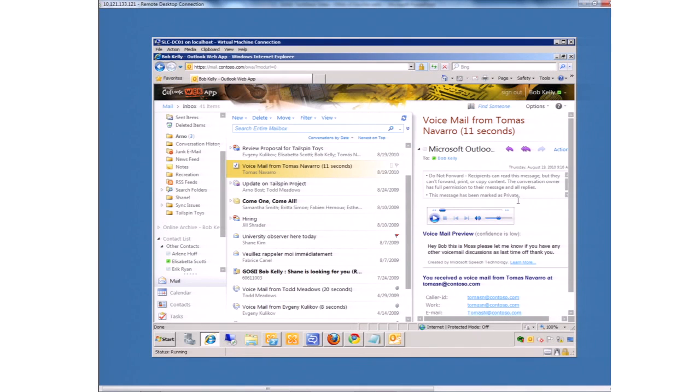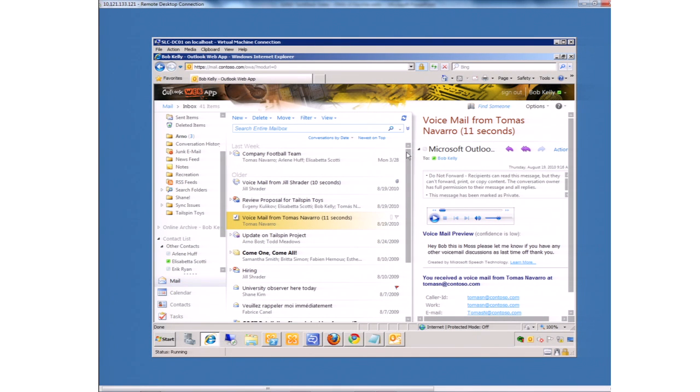And so this helps also to just give peace of mind, not only to the end users who use it, but also to IT administrators to make sure that there is a level of control with sensitive information related to email. Okay. And so now Bob's decided that maybe he wants to go ahead and file this away into his